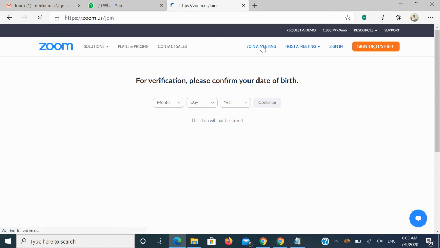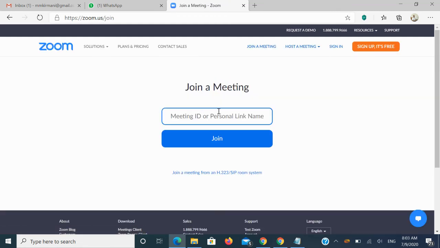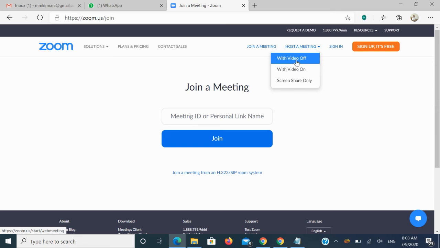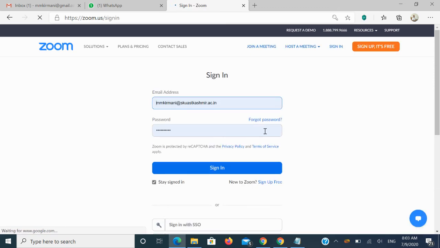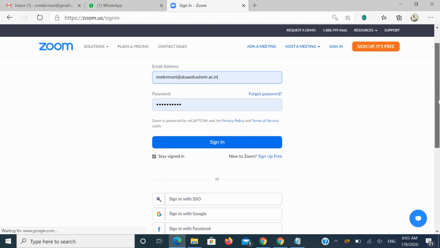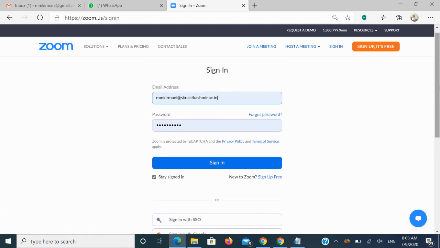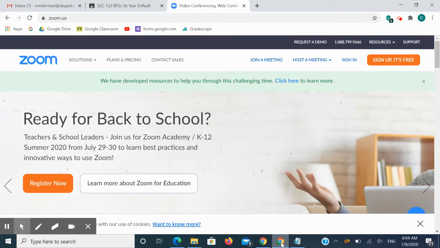You can directly also join a meeting without signing up. You can simply write the meeting ID and you join. But if you want to create a meeting, then it is good to sign in. You can use the facility of without signing in. You can also host a meeting with video off. Let me start this. Now again, this is asking me that this is your email ID and all credentials. You can go ahead with that and you can start a meeting. The process is the same. The only initial starting process, or rather the initiating process, is different.